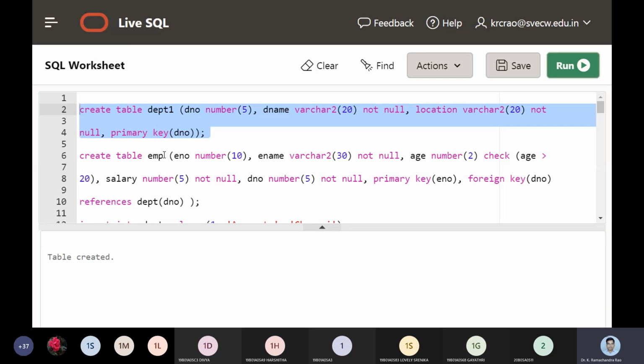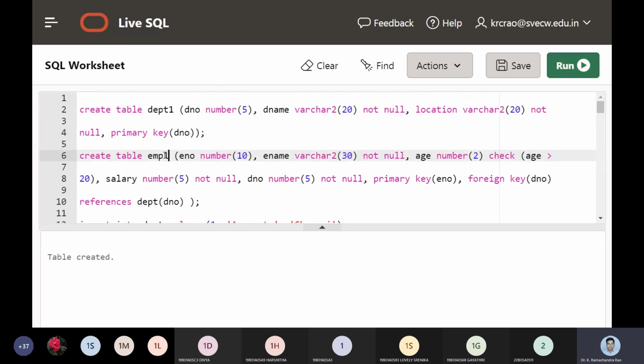Then I'm now working on this employee 1, so convert this to employee 1. Now we can create a table where employee 1 has employee number, defined as a primary key here, and then there is a local variable which points to this.